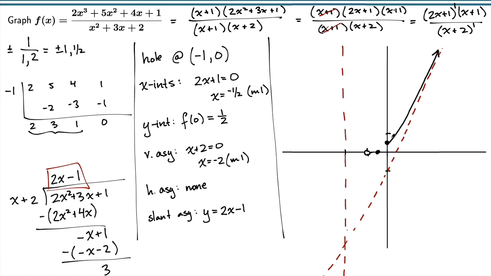Okay. Now as we move to the left, we hit this point at negative 1/2. That has a multiplicity of 1, so we cross it like a line would. But then we have to come to this hole, and that hole at negative 1, 0, this is another important thing to note, that also kind of has a multiplicity, okay? The x minus 1 that canceled out, we just canceled out one of them. So that's kind of like the multiplicity of that hole. And so we cross through